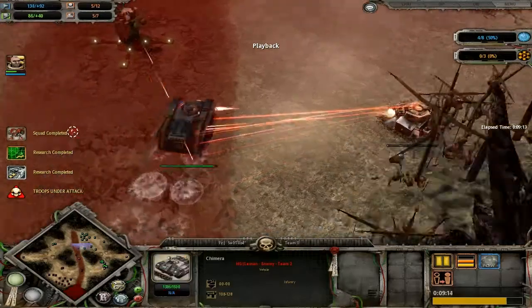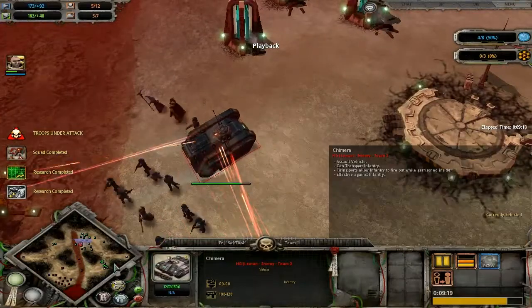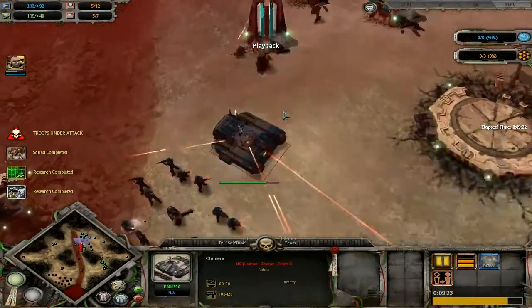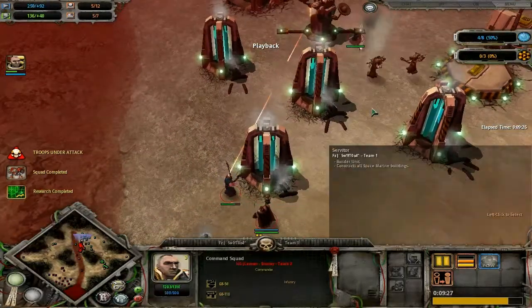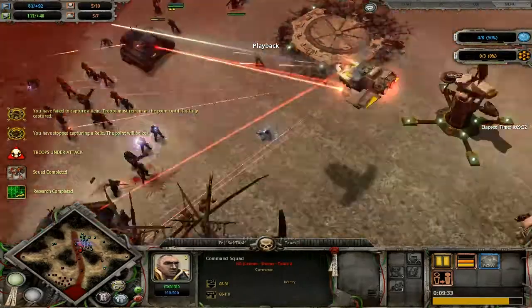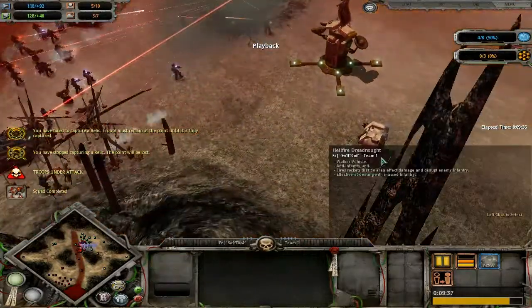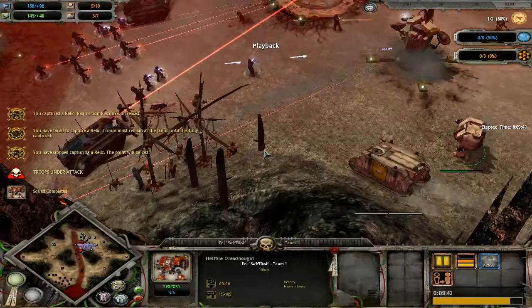But Lehman is certainly not standing still, quite the opposite actually, sending out his Chimeras. Wow, certainly full of soldiers. It's amazing you can fit that many into what seems to be a pretty small vehicle. And he's also got his command squad out. They've actually cast Curse of the Machine Spirit, I think on the Land Speeder Tempest, but that Hellfire Dreadnought is thankfully still alive,